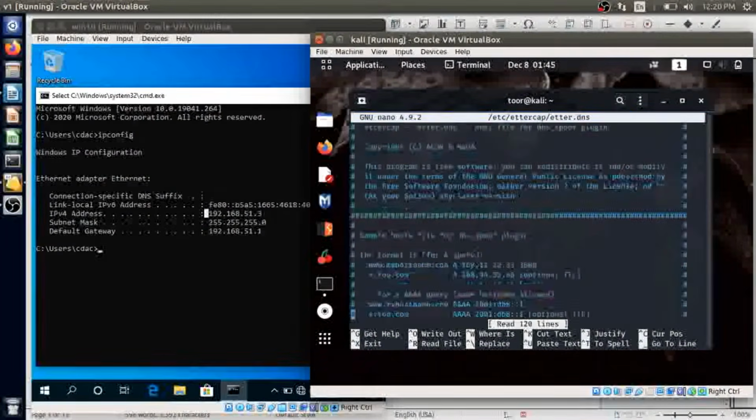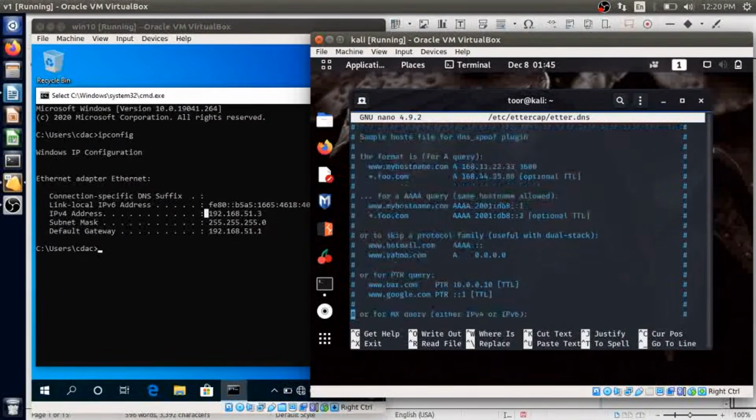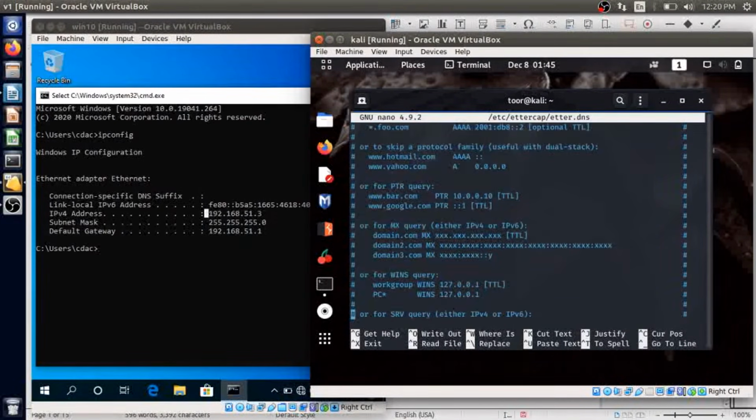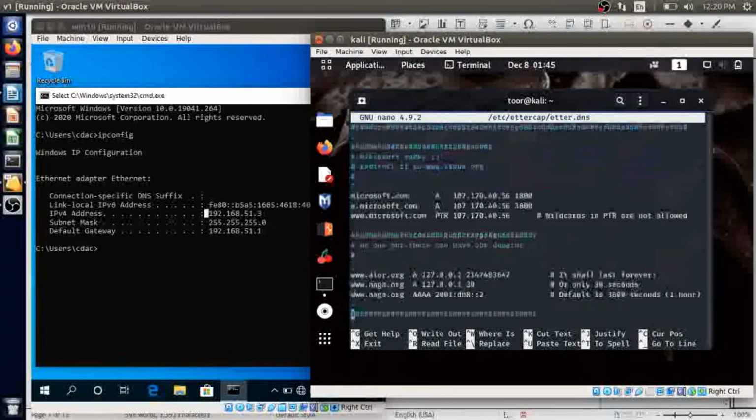Here it is, to redirect the victim's request to our page. Whatever we give here, the victim will be redirected to that site.